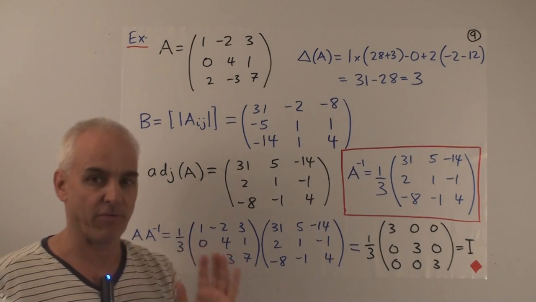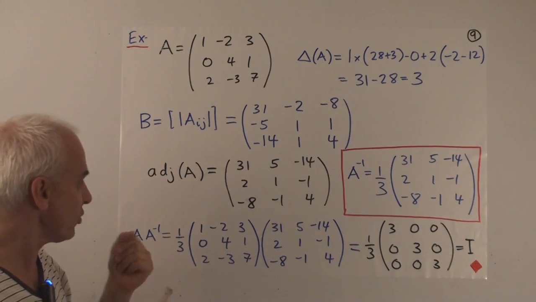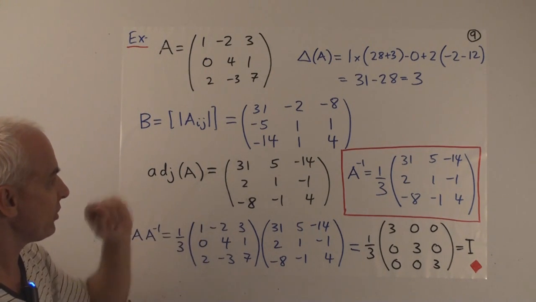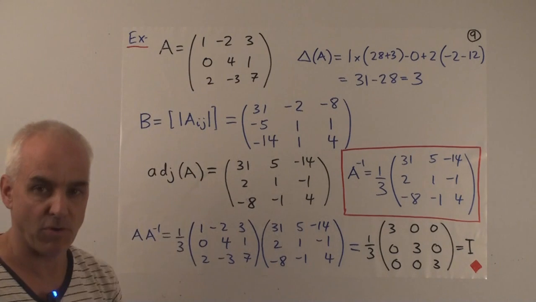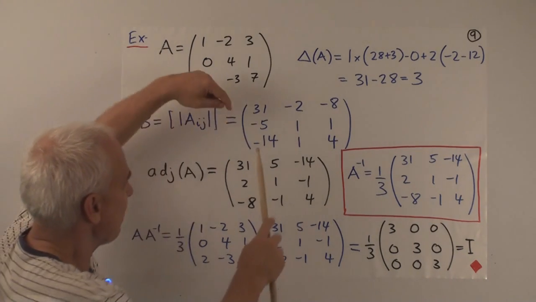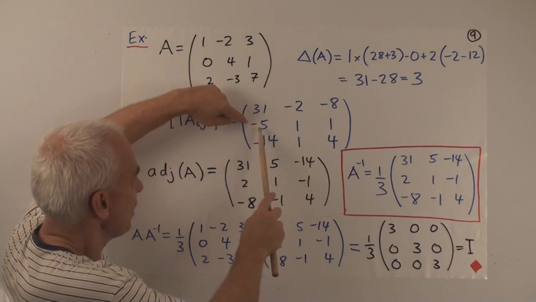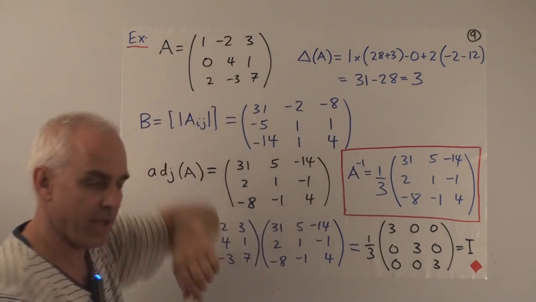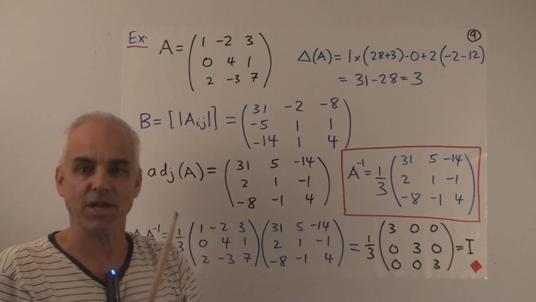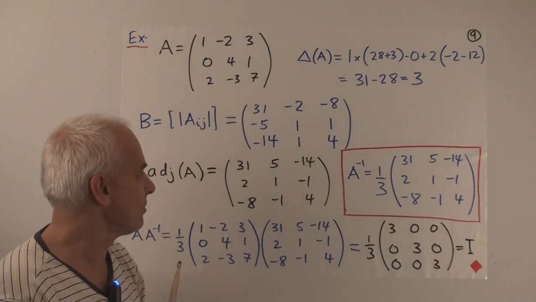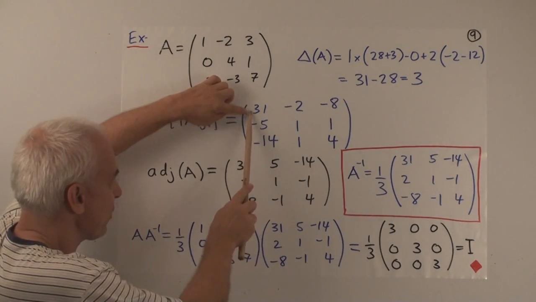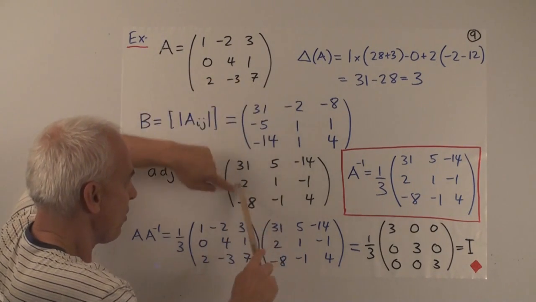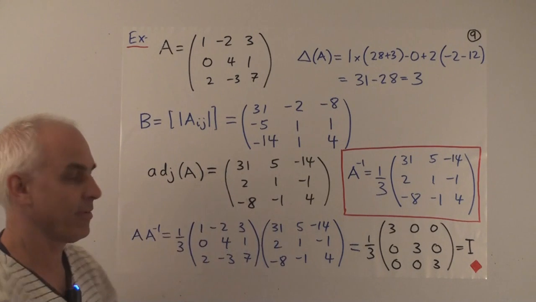Now that's the majority of work. Now we just have to do one more or two more things. To find the adjoint of the matrix A, what we have to do is take, first of all, the transpose of this matrix. And that means that we have to exchange each position here with the corresponding position reflected in the diagonal. In other words, we have to interchange the rows and columns of this matrix. Okay? So instead of going down 31 minus 5 minus 14, we go across. Instead of going down here, we go across. Instead of going down here, we go across.